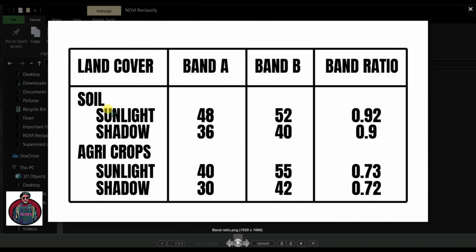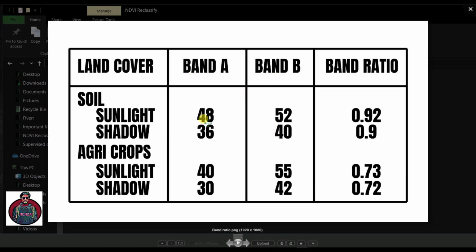If you look at this chart, we have two kinds of classes here: one is soil and one is agricultural crops. In sunlight we have two bands, and the soil reflectance in band A is 48 and in band B it is 52, and in shadow the reflectance of band A is 36 and band B is 40.